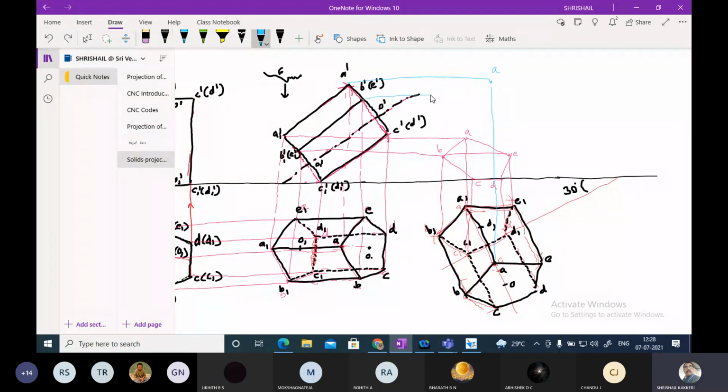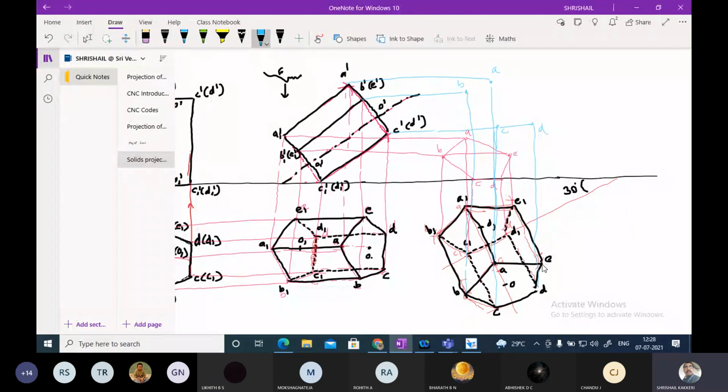B and B. Carefully see here, this is point B. C and C, you can see here. Somewhere it is coming, C. And D is on the same line.